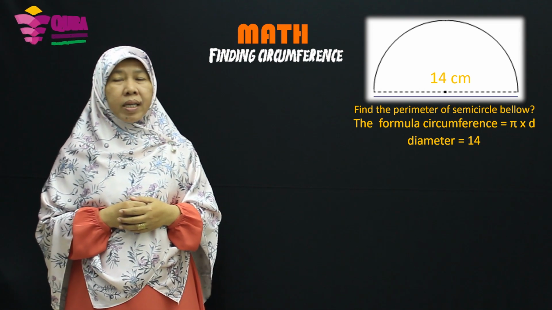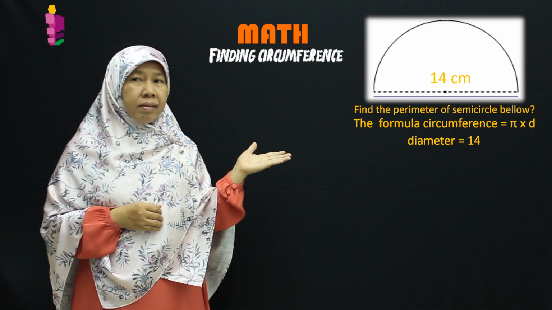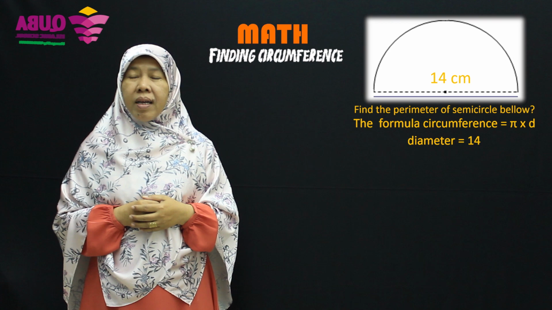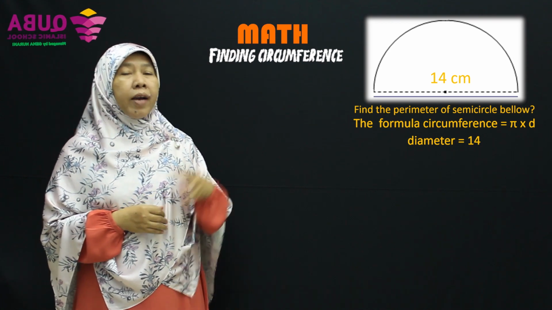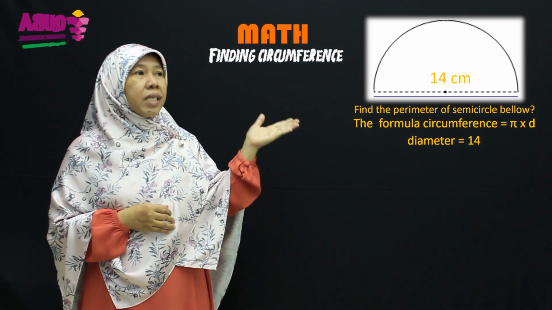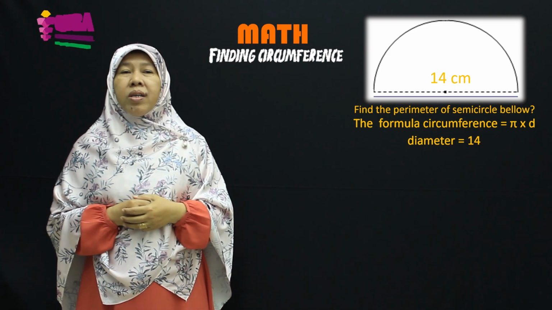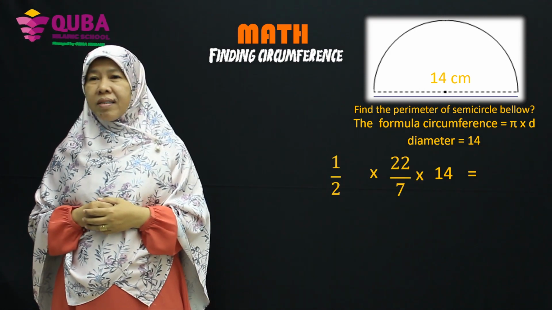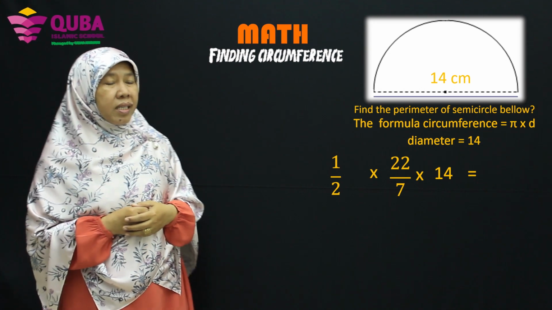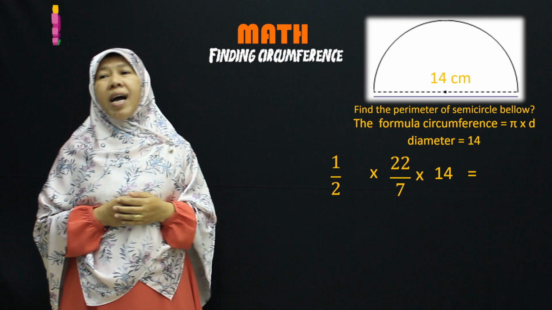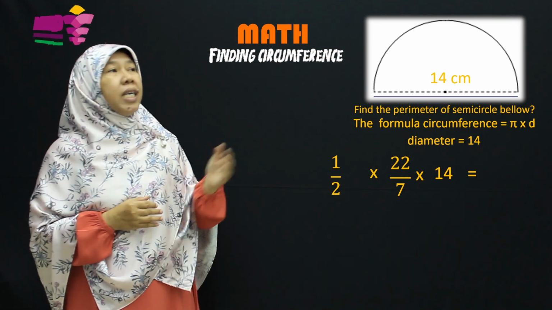The diameter is 14. But before we continue, remember the picture is a half of a circle, so you write a half first. After this, half times pi times d equals